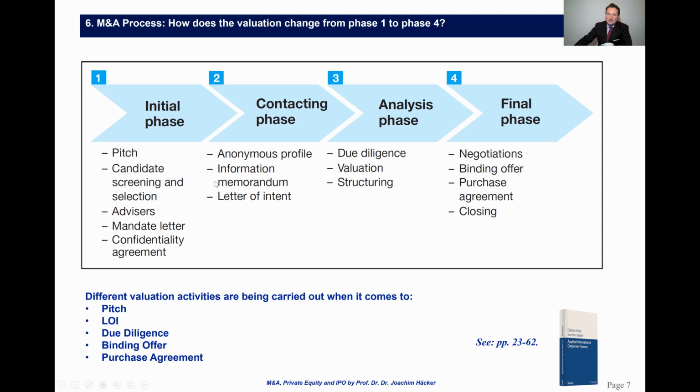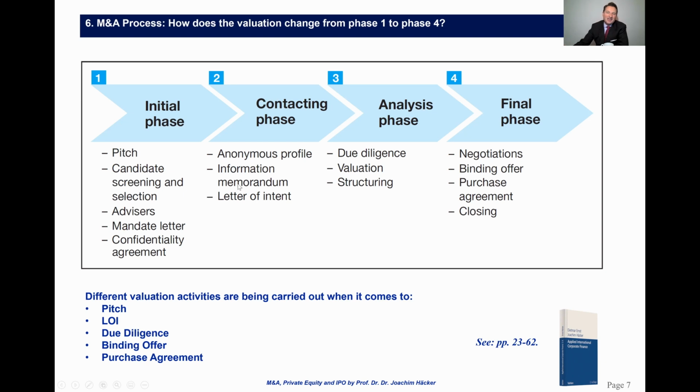Here you got public information in the information memorandum. A lot of information is given by the management; among these are, for example, the projected profit and loss account and balance sheet for the next 5 years, the cash flow statement, which enables you to derive the free cash flows, and so on and so on. So the more you go down that road, the more information you get. Therefore, in the binding offer, you based your result on a much better and more profound database.